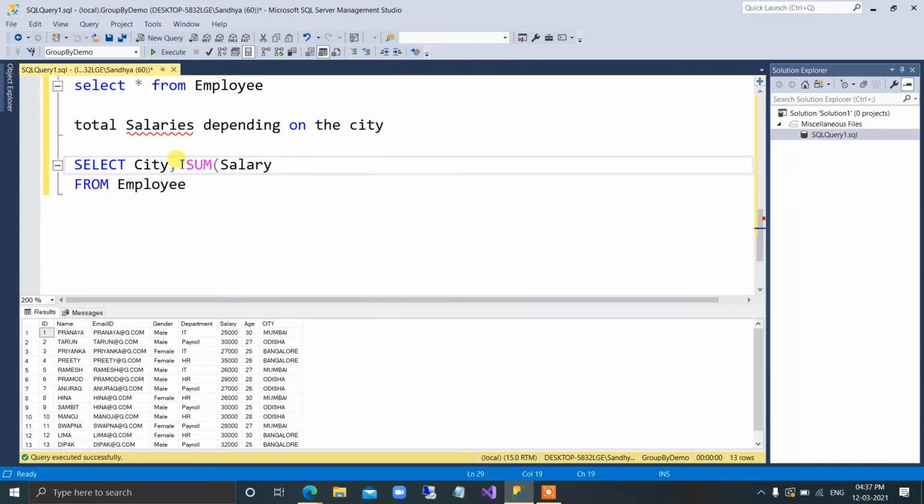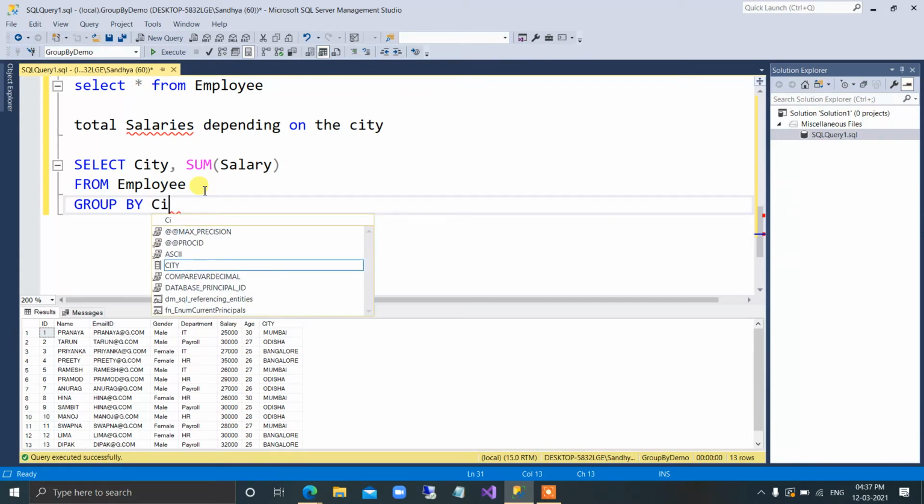So I want to find out the sum of total salaries for this particular city. So you will mention select city, sum of salary from employee table, and now I want to group this result by city.